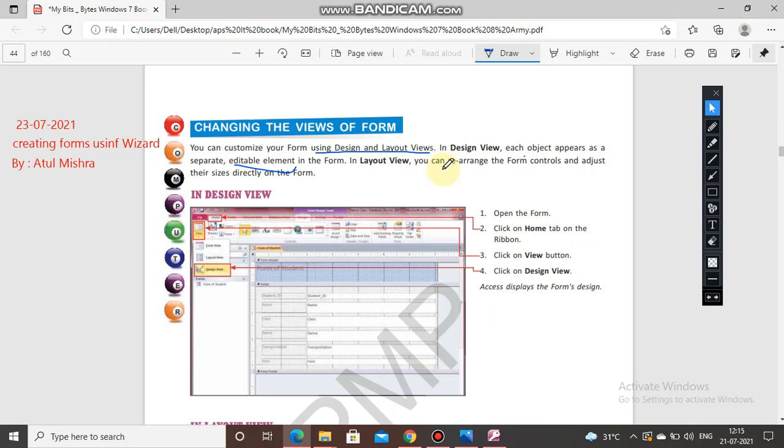You can modify the design of the table in design view, because the name itself is design. Arranging records in a particular order is known as filtering, forming, or sorting. So sorting. It is designed to enter data and edit data in a table. Very easy.